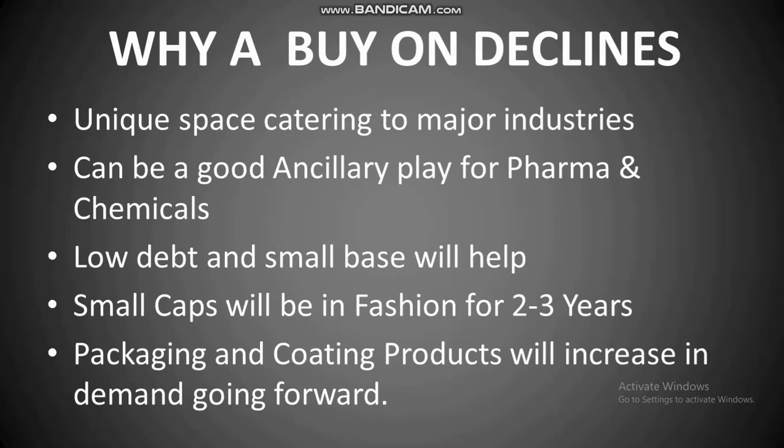In small cap companies, it's just a market cap of 1000 crore. You could easily have a market cap of 20-30,000 crore if the business really runs well over the next 5 to 7 years. And one has to remember that small caps will be in fashion for the next 2-3 years. I'm very certain about it, that after the bloodbath of the last couple of years and major retail investors getting out of small cap stocks and getting into large cap stocks, clearly suggest that large caps will not run. Retail players only get into those stocks at the end of a rally,